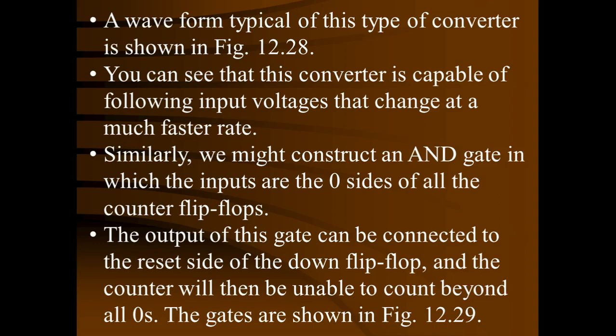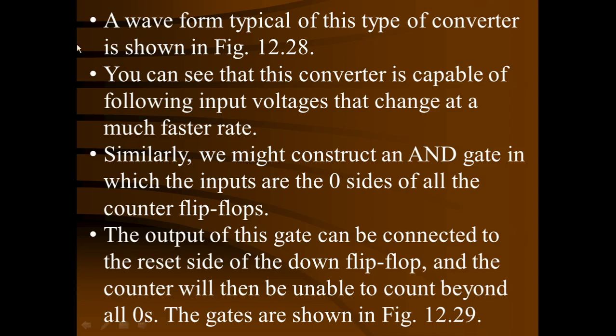So for that, two AND gates are going to be utilized. The inputs of one AND gate are given from all the resets of the flip-flops, and another AND gate has all its inputs given from the presets. The reset and preset outputs of the gates are connected to the up and down flip-flops. That means the reset zeros output is connected to the down flip-flop and the ones are connected to the up flip-flops.